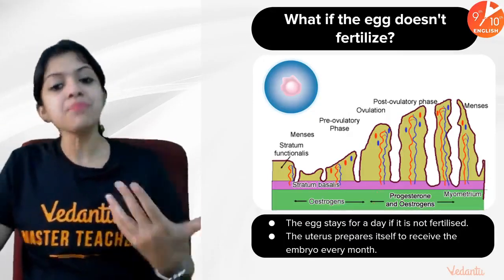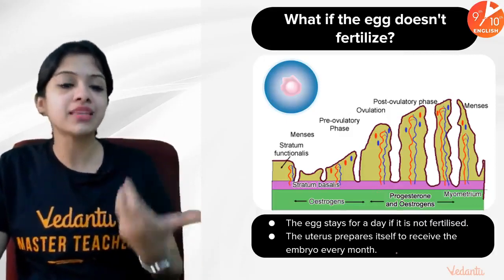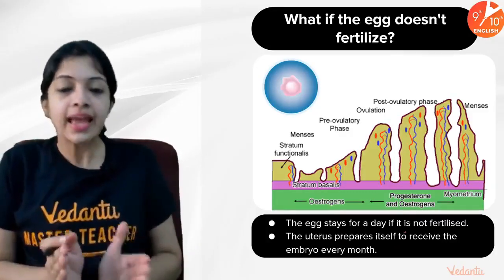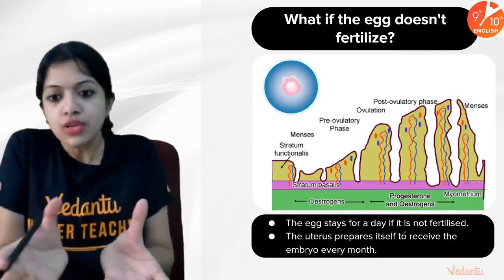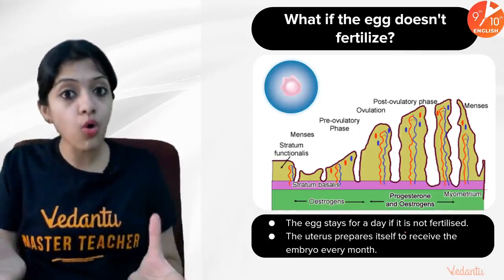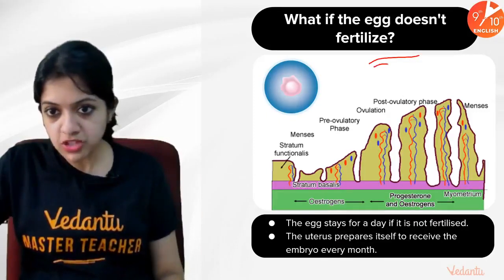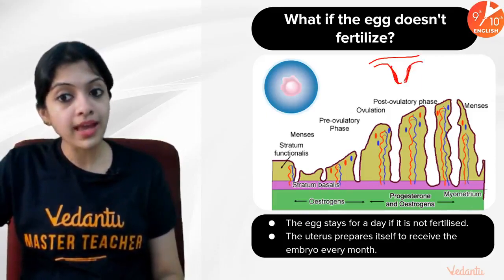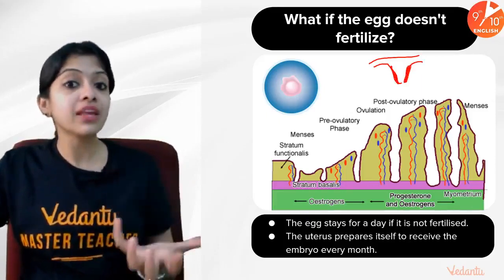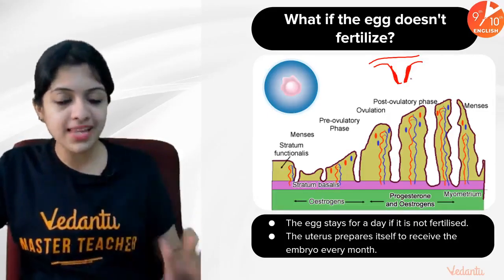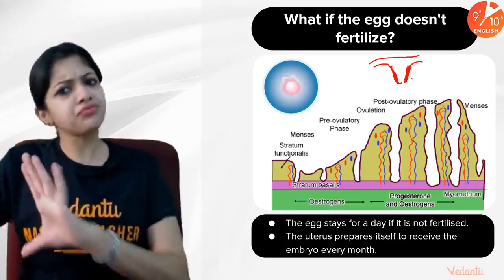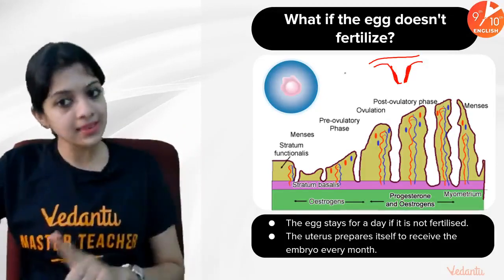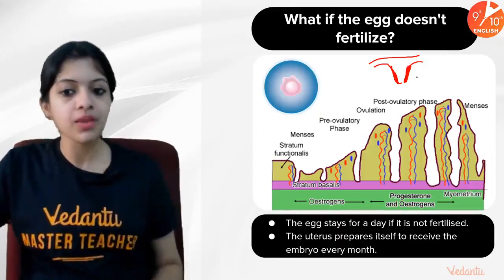Okay, so every month actually the uterus prepares itself to receive the embryo in case fertilization occurs this month. The uterus always stays ready in a sexually mature female. When I say uterus prepares itself, what I mean is the uterine walls. If you recall the structure, the endometrial walls of the uterus thicken every month so that it's ready for implantation and development of the fetus. Every month this happens in a female. But if fertilization doesn't occur, what happens?